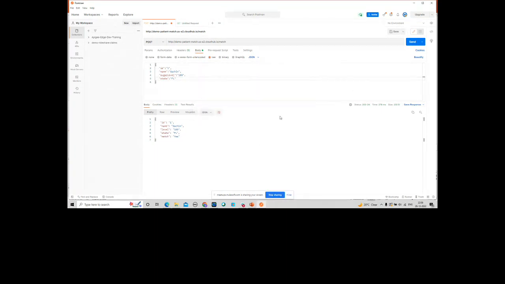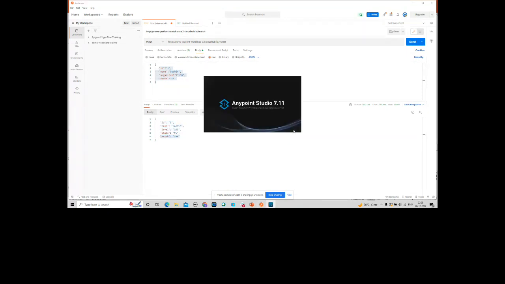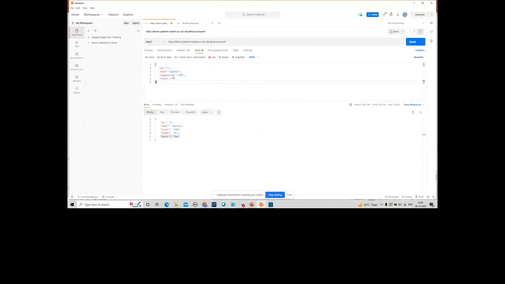So this is a simple API I have created, so I can show you. I have just created a few parameters I am sending, and if I click on this, it will return all the parameters, along with whether it's a match or not. I just created hard-coded logic: if the state is not Florida or the sugar level is more than 200, then make it a no, or else a yes.